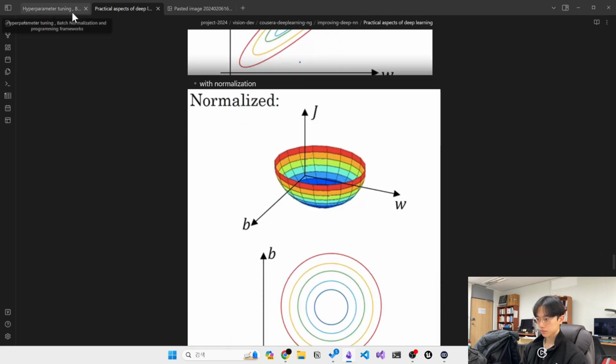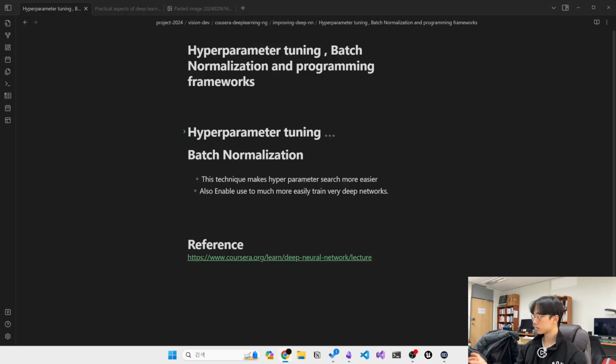And we saw in an earlier video how this can turn the contours of your learning problem from something that might be very elongated to something that is more round